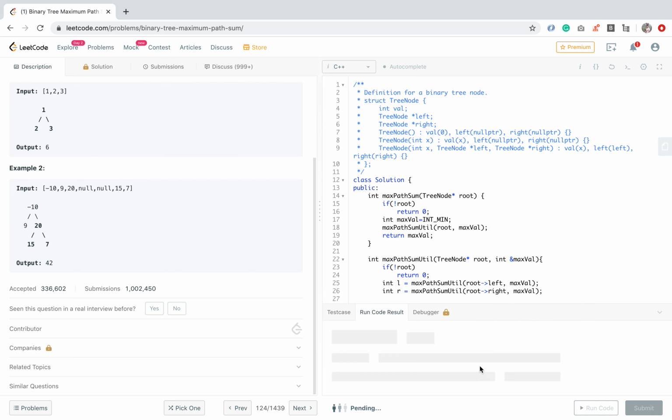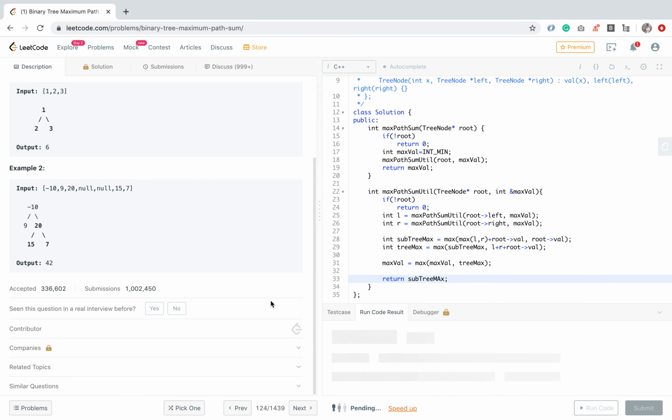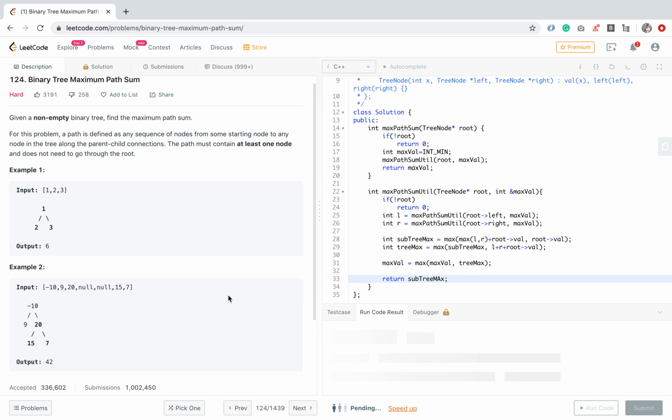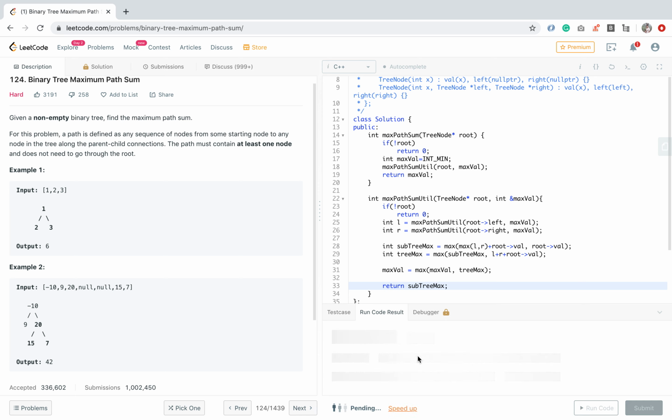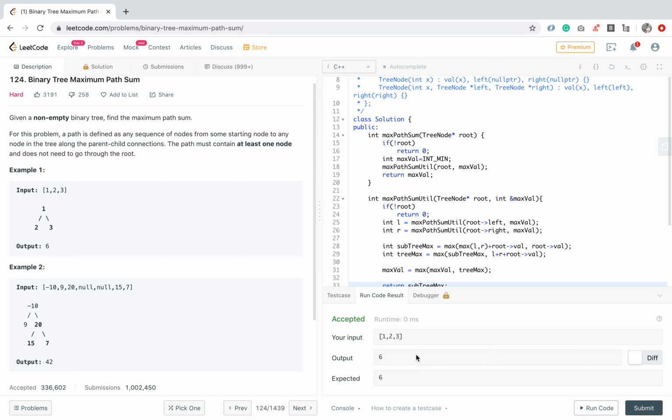Let's check it. Oh, something is wrong with a variable name. Oh, sorry. Yeah, it's accepted for this.